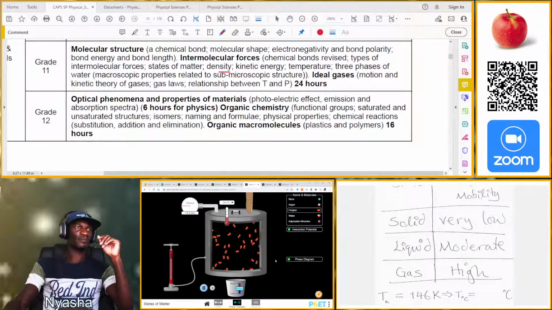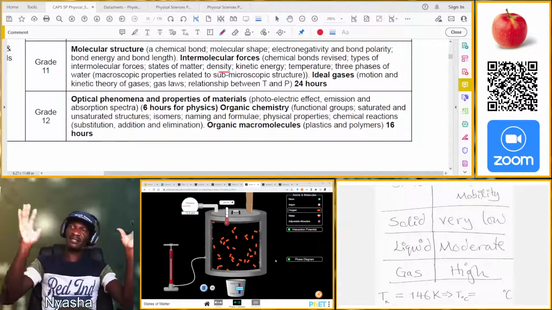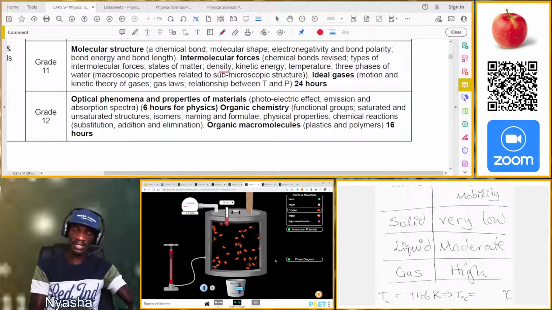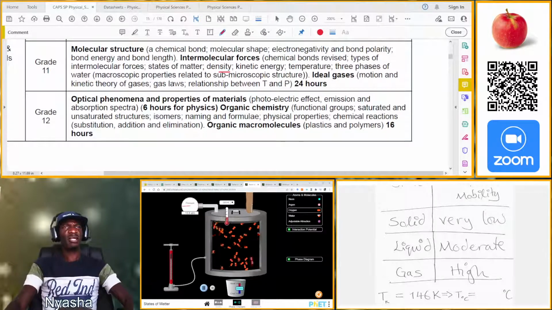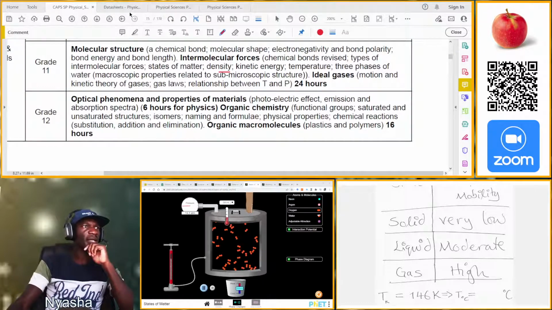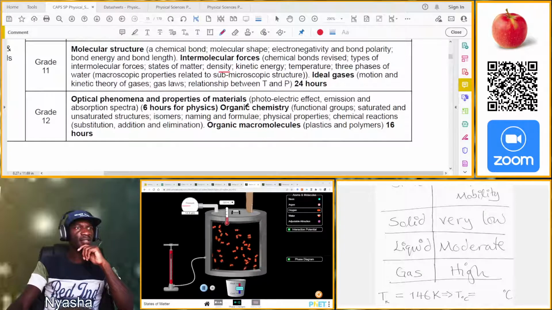Oh, there we go. So now our oxygen is mobile. So that's why we're saying generally high mobility for the gas state. Okay, so much more can be discussed about this, but otherwise, we were just picking up aspects of